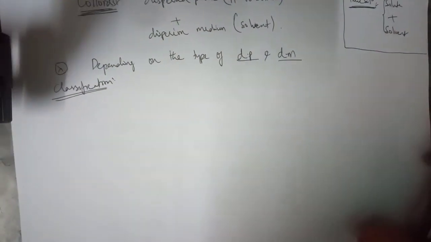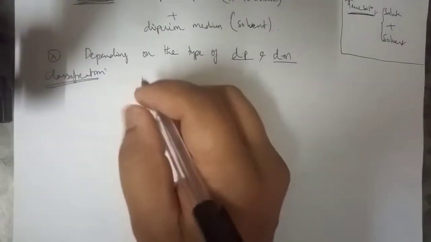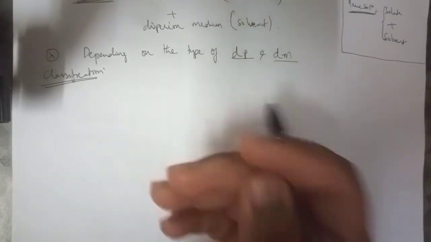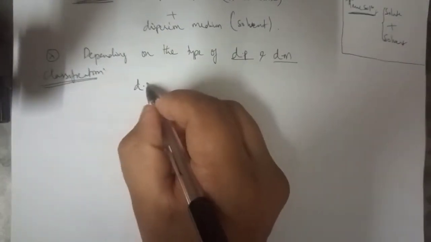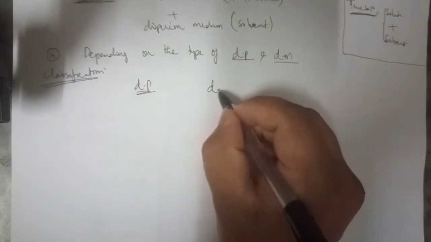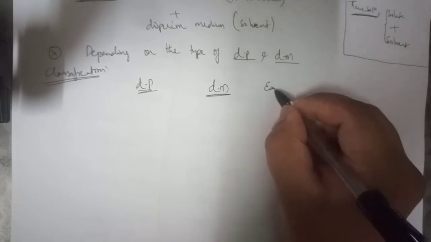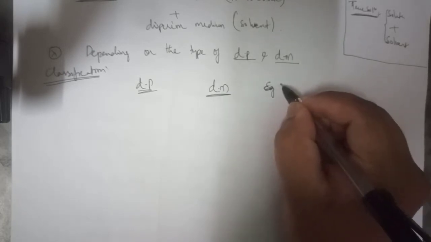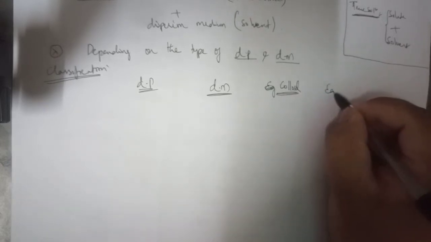Fine. So this is an area where you have to learn by heart, or I'll try to make it as simple as possible, and I want you to remember it. Maybe I'll try my best, but ultimately you have to memorize them. So let me write like this: DP, DM, and examples. Before examples, what is that colloid called, the type of the colloid, and example.